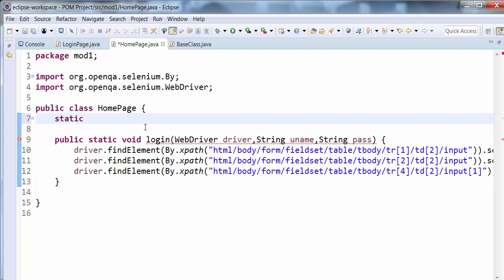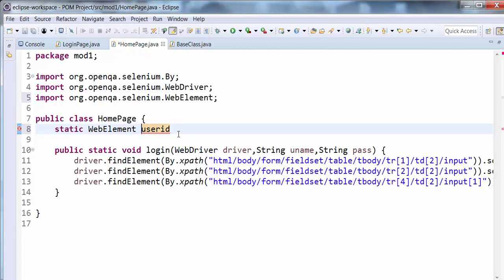Static user ID, and this is actually a web element, so web element user ID is equal to,